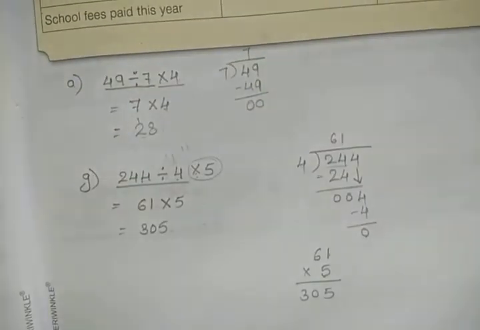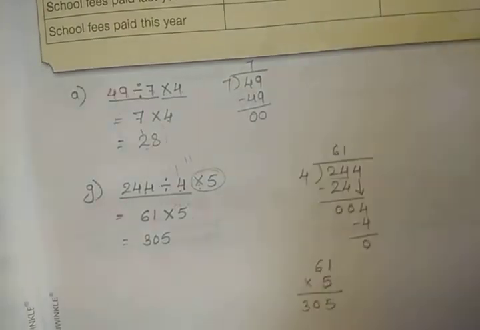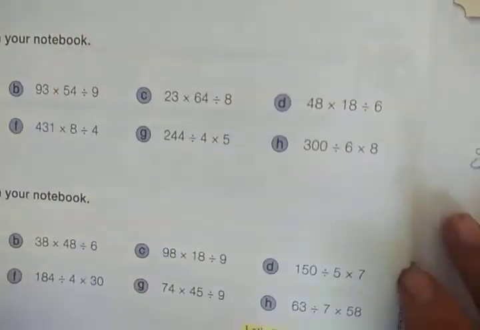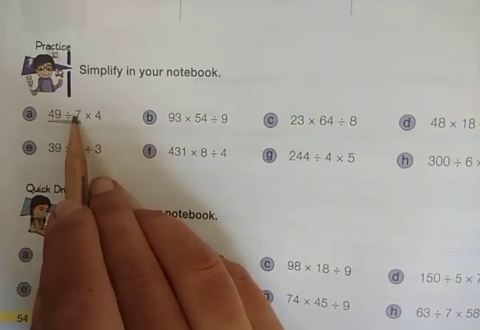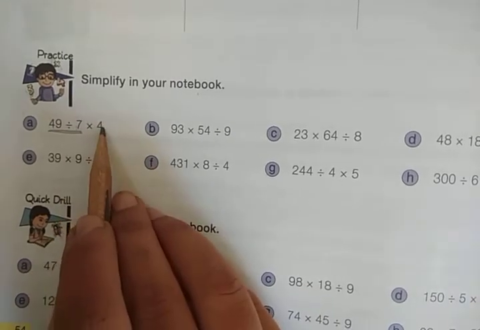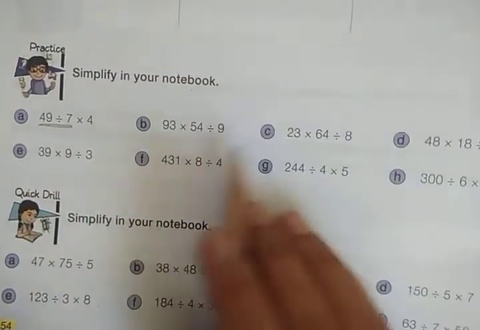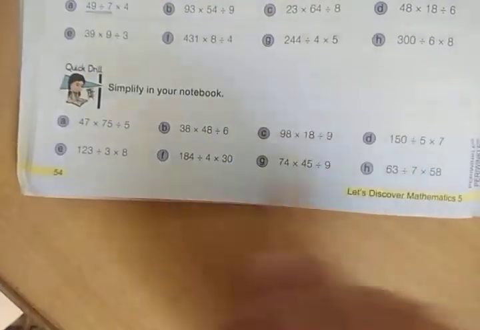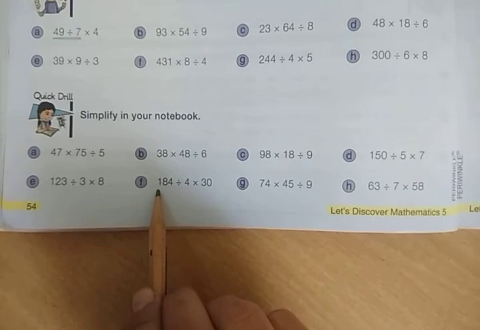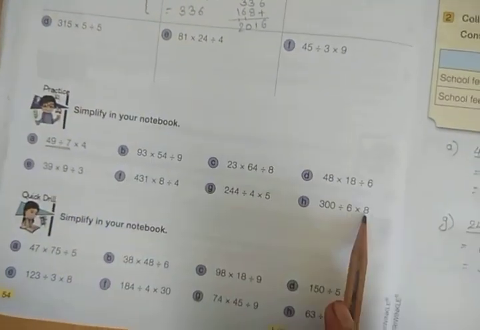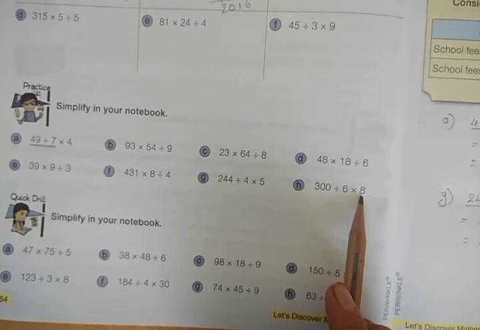Okay, like this you need to solve the sums. You should always start the sum from the left side. Solve the first two numbers, and then whatever answer you get from that, solve with the third number. The remaining sums you will solve and send, and these sums we will solve in the Google Meet classes. Solve the sums till this practice sums. Solve and send me by today. Thank you.